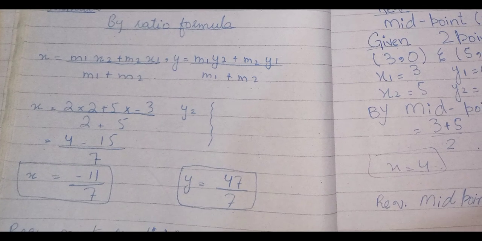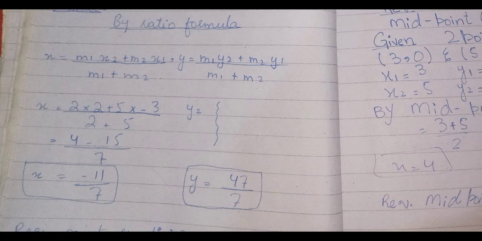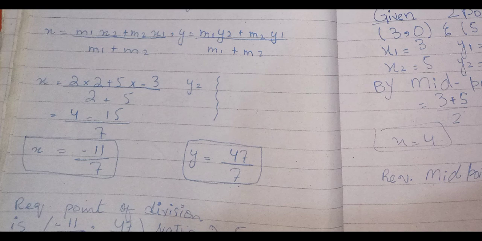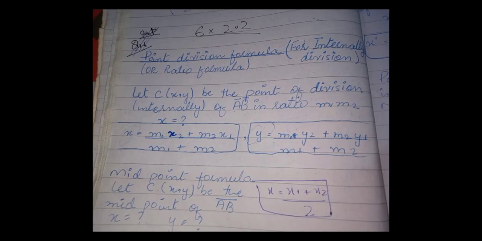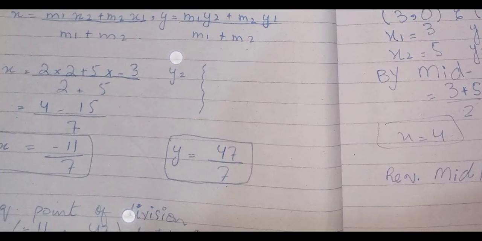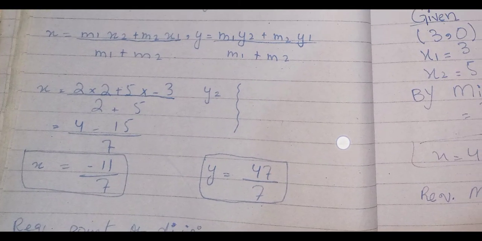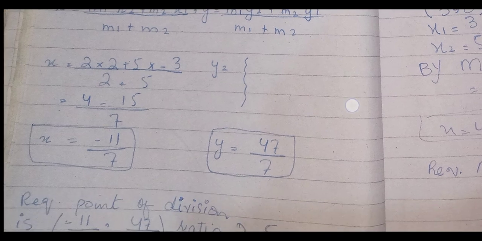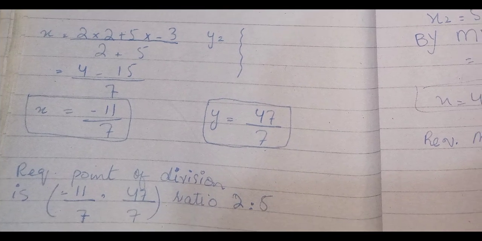We will multiply first, and then plus and minus. Why do we multiply first? Because we have the BODMAS rule, first multiplication and then subtraction. Then we have to subtract 4 minus 15, and we got minus 11, and the denominator is 7, and we can't divide it more, so we put the answer here, x is equal to minus 11/7. And similarly in y, because we have the formula, we will put the values and we will get the answers for y, x and y.